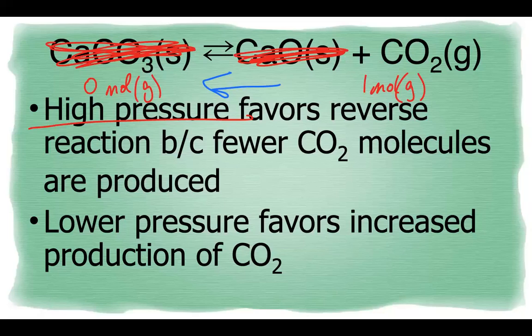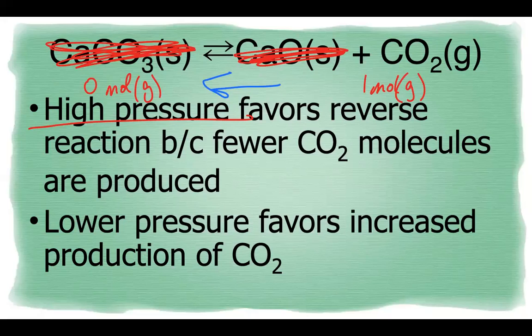So if you increase pressure of this system, then the system wants to decrease pressure. And the only way that it can do that is by either increasing the rate of the forward reaction or increasing the rate of the reverse reaction. In this example, because you have 1 mole of gas on the right and 0 moles of gas on the left, the system is going to increase the reverse reaction rate so that you use up the gas molecules